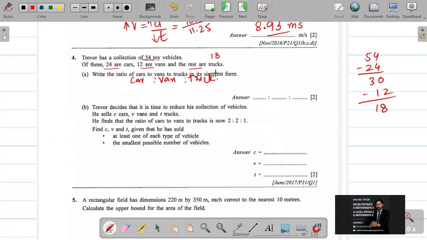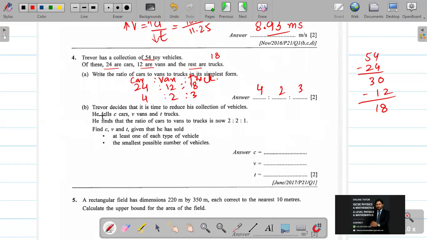So for all of them, I am saying here that it should be taken as 24 ratio 12 ratio 18. I know 4 is divisible for all. 4, 6 are 24; 6, 2 are 12; 6, 3 are 18. So the ratio 4 to 2 to 3 should be taken there. After that, he's saying